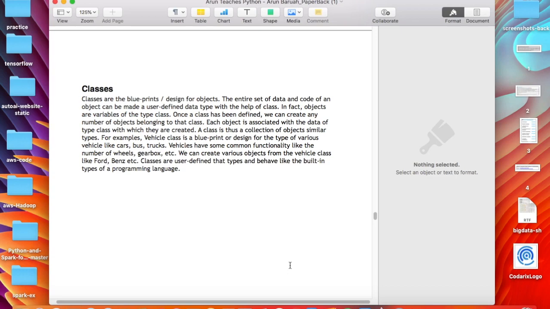So what is actually a class or classes? Classes are the blueprints or design of the object. The entire set of data and code of an object can be made a user-defined data type with the help of a class. Okay, in fact, objects are variables of that class. You can think that